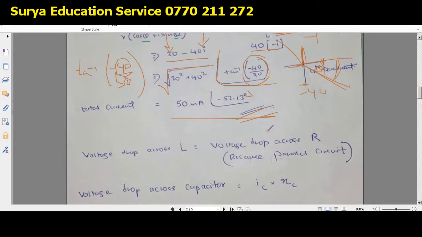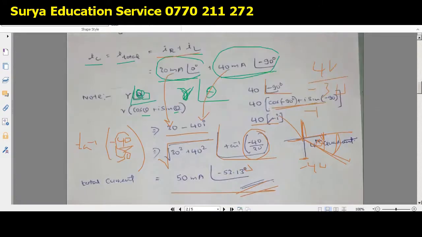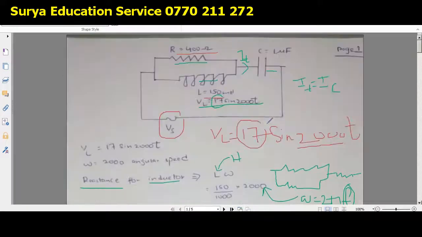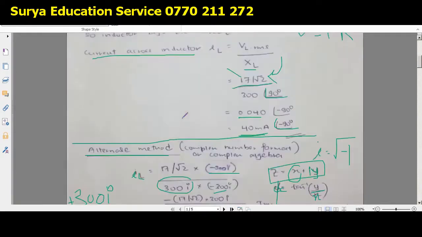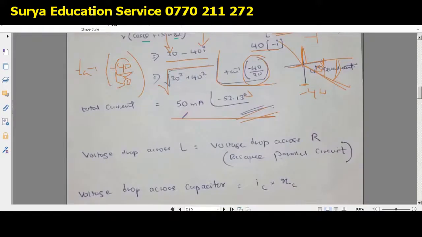Now again be very careful. Here what is the reference voltage? Guys, here we consider the reference voltage as the voltage across the inductor. The reference level for the voltage is the voltage through the inductor. So that is at 0 degrees, so no angle. Because most of the time we consider the reference voltage from the source voltage, but here the source voltage is unknown. Okay, so the next scenario.